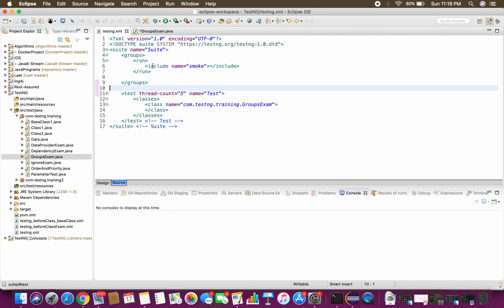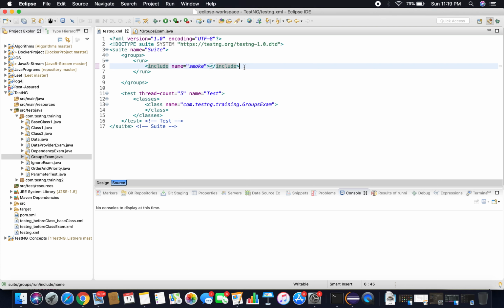Okay, if I run this TestNG XML, this is going to execute the test cases which are part of the smoke suite. See, test 1 is part of the smoke, and test 2 is also part of the smoke, and test 3 is also part of the smoke. I think only 3 cases: test 1, test 2 and test 3. I just included only smoke. If you want, you can include the other suite also. Keep adding include tags, and you can provide what suite you want to execute.